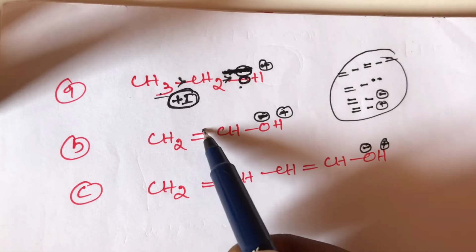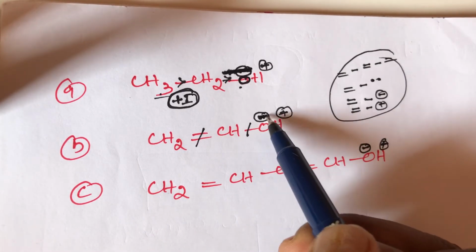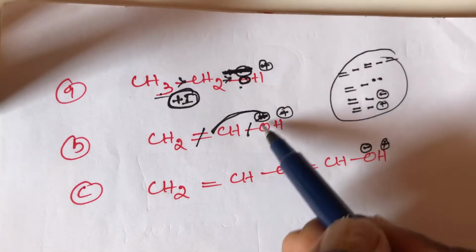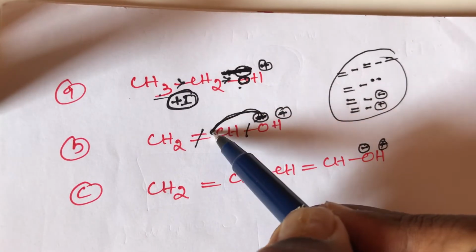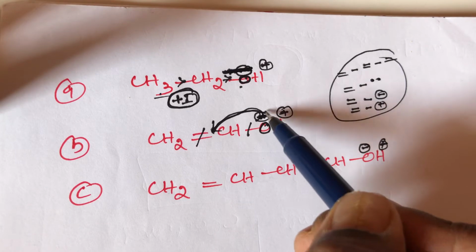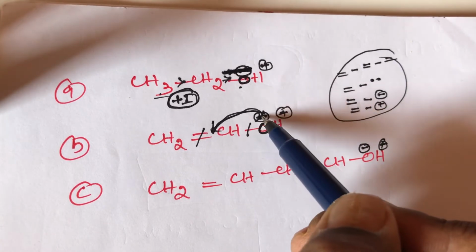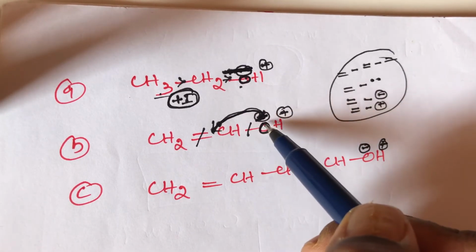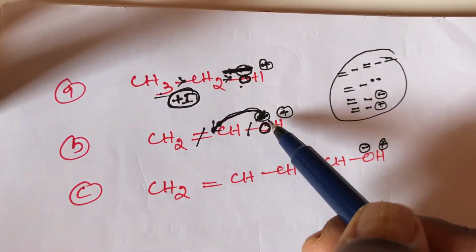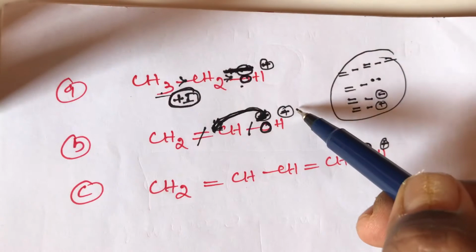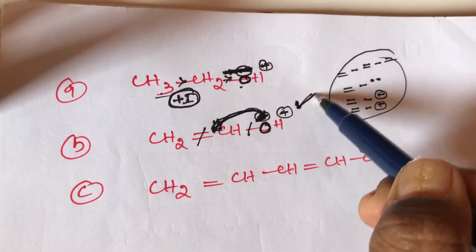Here we have double bond, then single bond, then negative charge. This negative charge participates in the resonance; the negative charge is delocalized. So the negative charge on oxygen disappears, it is completely participating in the resonance, and the oxygen does not retain any negative charge. Because of that, H plus is easily donated. The B compound easily donates the proton.